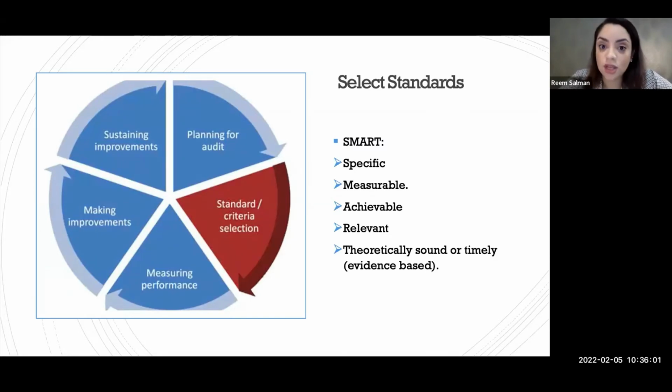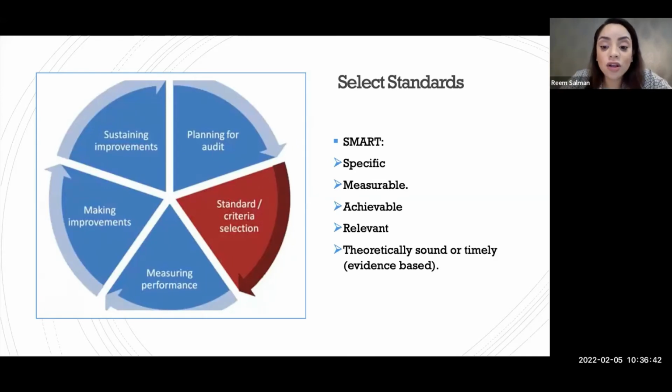So in the language of audits, when you say standard, it has to be measurable, okay? It has to be numbered. For example, the guidance says all patients who have a cannula have to have dates on the cannula for when it was inserted. That is the guidance, okay? Now, what is the standard out of this guidance? The standard is 100% of patients with cannulas have to have the date of the cannulas inserted on their sticker or on their tegaderm, okay? So that's the difference between a guidance and a standard. The guidance is just saying all or most or whatever, and the standard is measuring it in number, okay?